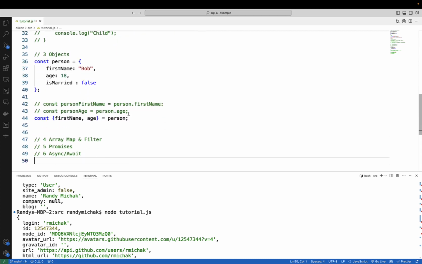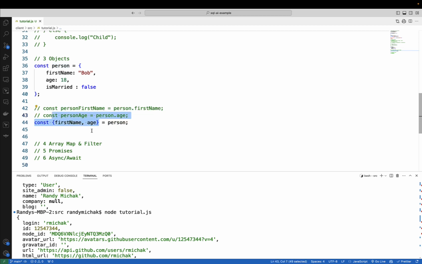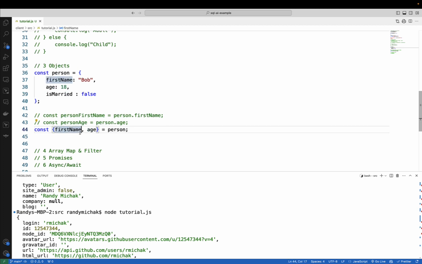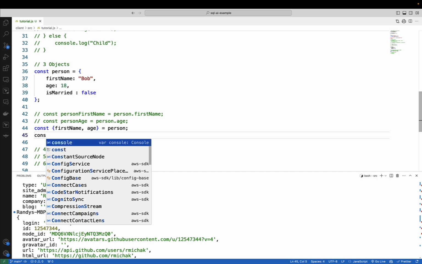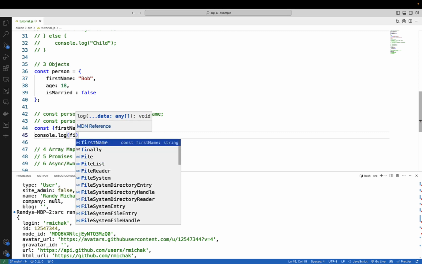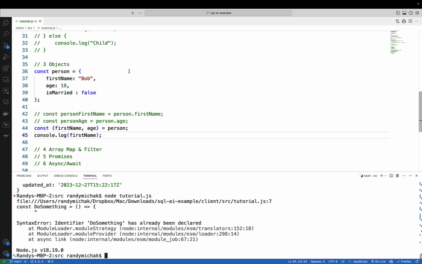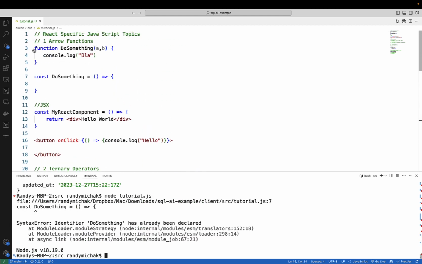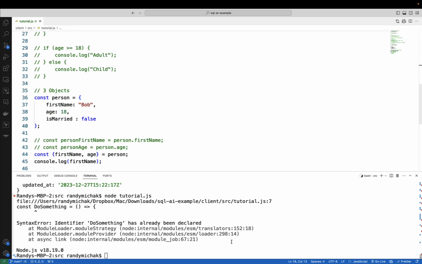Okay, so I am destructuring this. Essentially, I am grabbing all the values from the person and automatically assigning them to their own variables. Okay, so now I would be able to have a variable. When I get to line 45, there is a variable now called first name. Okay, so I can console log that if I wanted to. So I'm just trying to make sure it works. Let me just comment some of this other stuff out. All right. Now if I run this again,